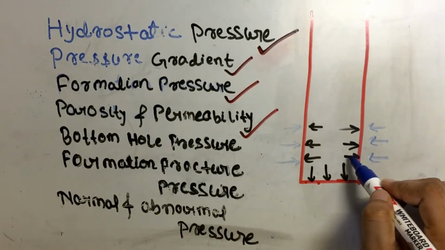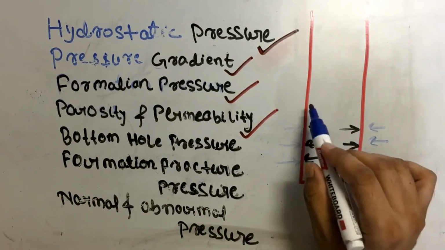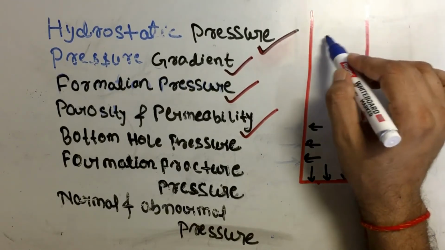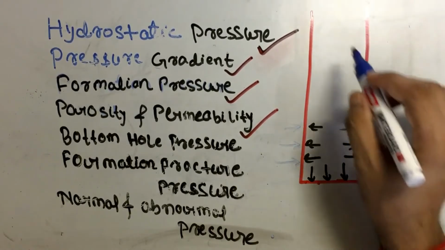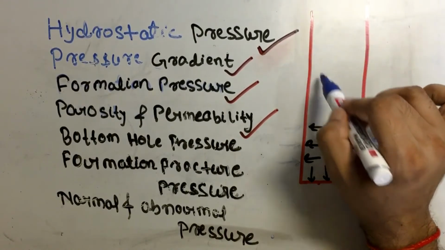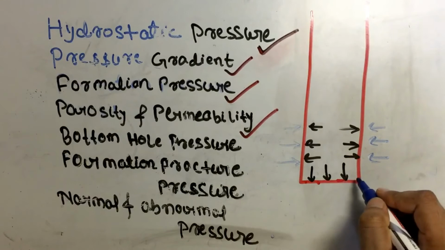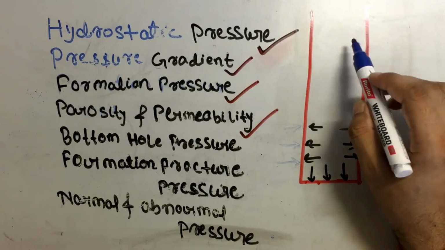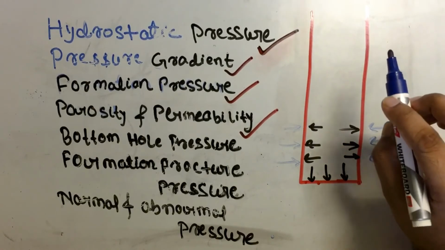If this pressure is more than this pressure, then it will disturb this wall and break this wall. So this mud will be lost from here and go into the formation. When the mud level is reduced by any loss, the hydrostatic pressure will be reduced. So our BHP will be reduced and another kick can enter the well, and that is a very bad situation for our well.